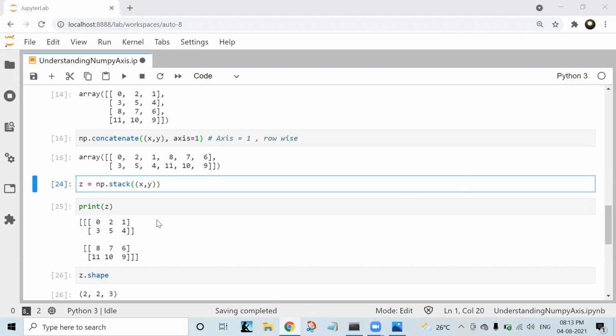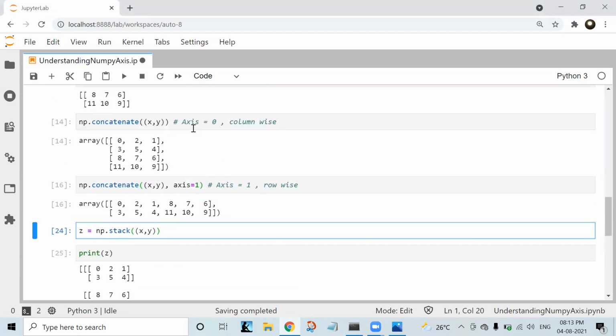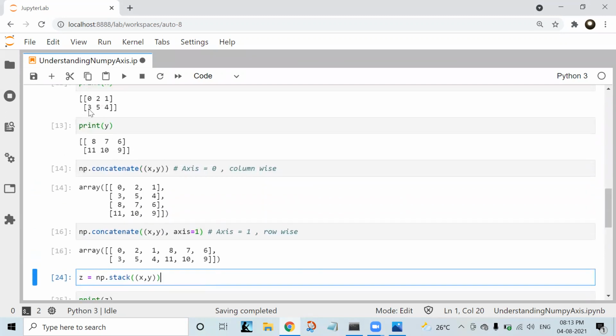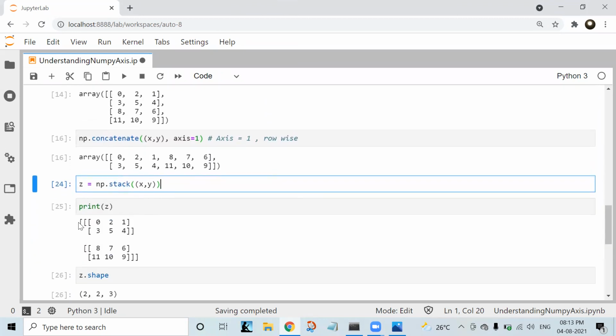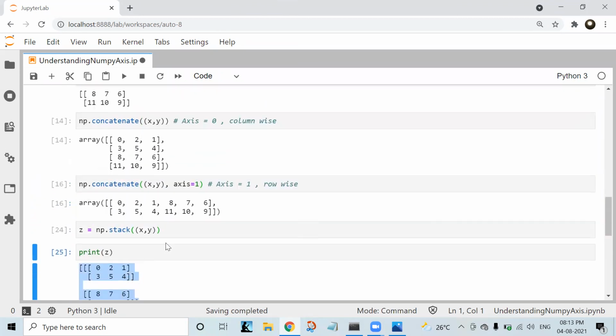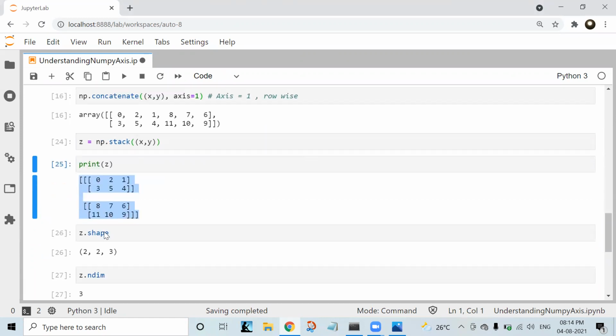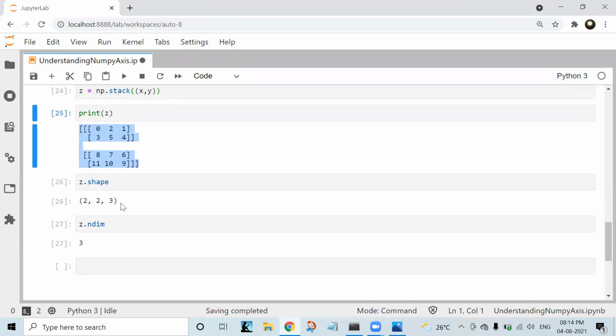So here, what happens? If you don't give axis, by default it will stack with axis equal to 0, column wise. So if you see 0 to 1, 0 to 1, 3, 5, 4, and 8, 7, 6, 11, 10, 9, it will take it like this. Okay. So 0 to 1, 3, 5, 4, 8, 7, 6, and 10, 11. So 11, 10, 9. So if you see the shape, it is 2 by 2 by 3, and it became